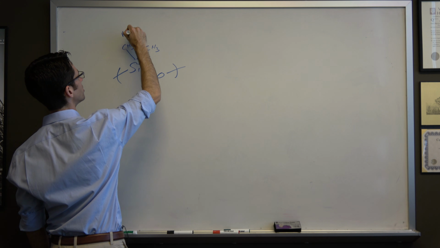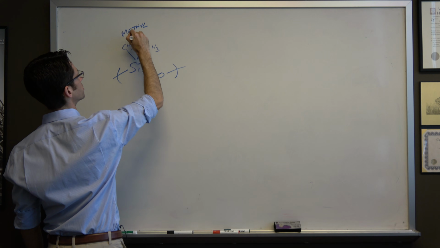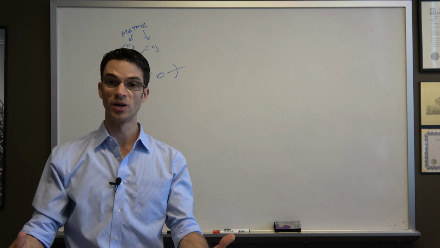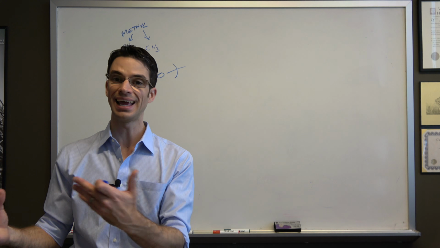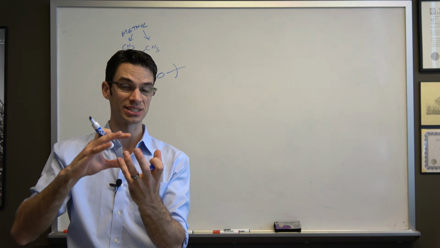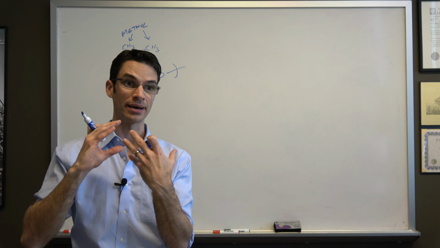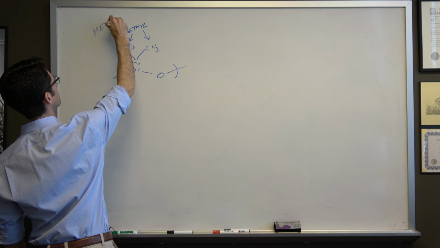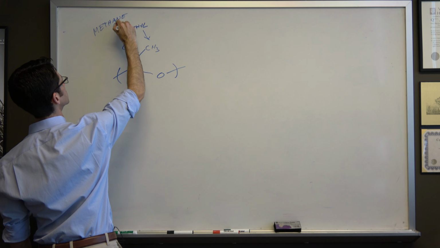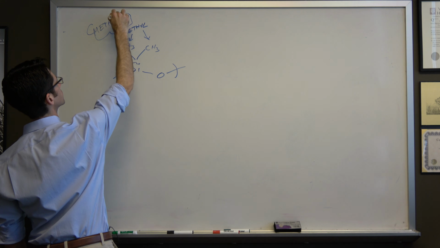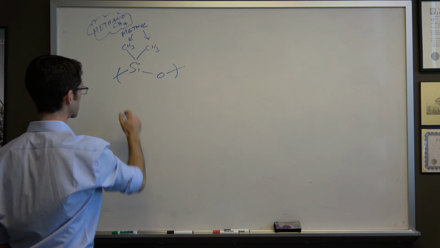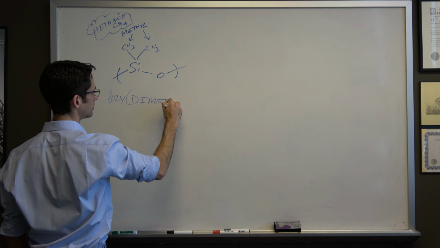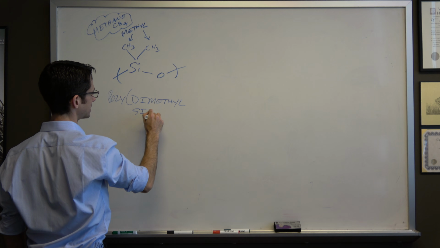These are called methyl groups. Methyl just means CH3, like methane, which is CH4. Ol if it's attached to something else. Ane if it's just attached to a hydrogen atom. So methane would be CH4. And these are methyl groups. So this is polydimethylsiloxane,